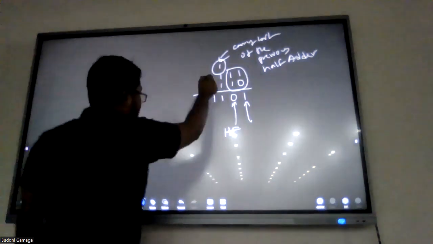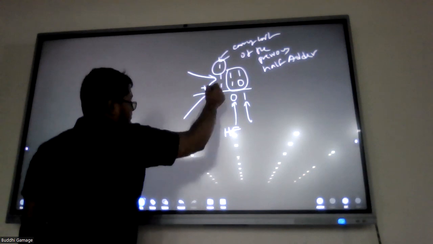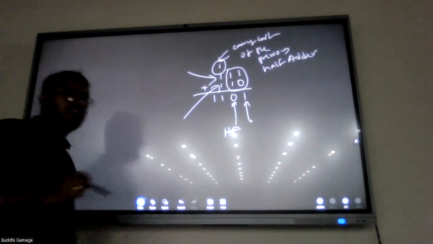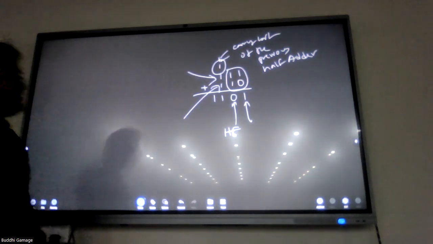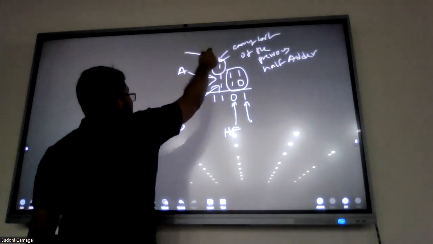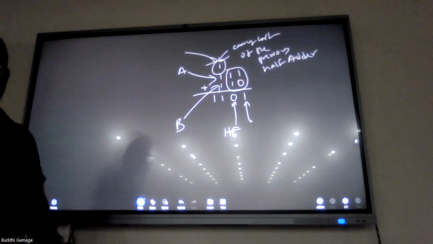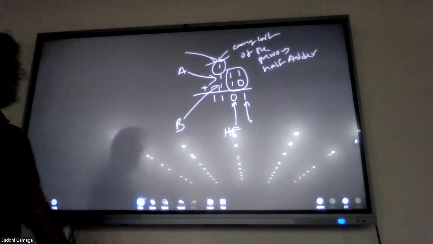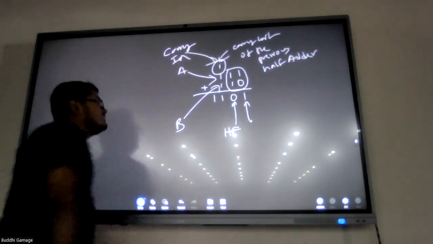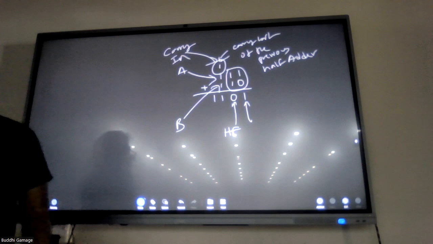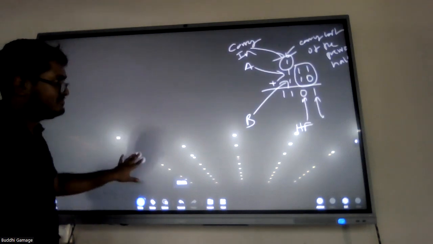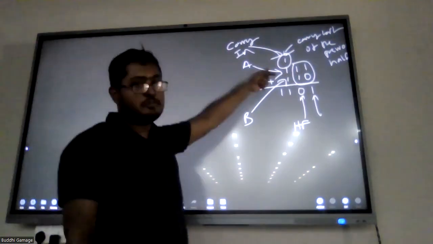So let's break this problem into sub problems. What are those? Those are simply our primary inputs, right? So let's say again, these are A and B, and this is the previous carry forward bit. Let's say it is carry in. Right. So now I am asking, by considering these options,